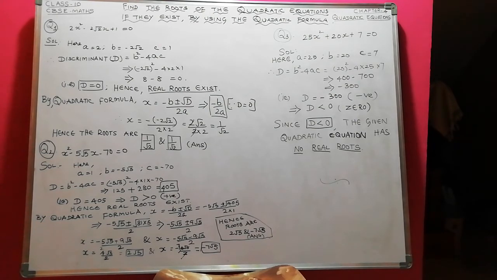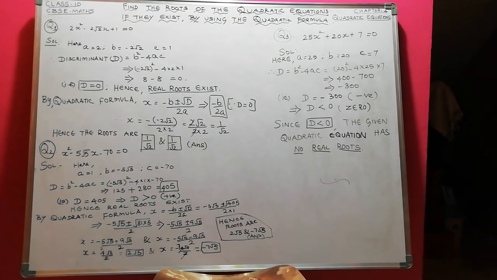So the first question is the example for when d becomes 0, we are getting two equal roots, and the second question is the example for when d becomes greater than 0. When d is positive, we get two real roots, but they are distinct. See, here 2 root 5 and minus 7 root 5. They are not of the same value, whereas when d is equal to 0, they are of equal value. Both are one and the same. When d is greater than 0, you are getting two different roots. So this is called distinct and real roots.